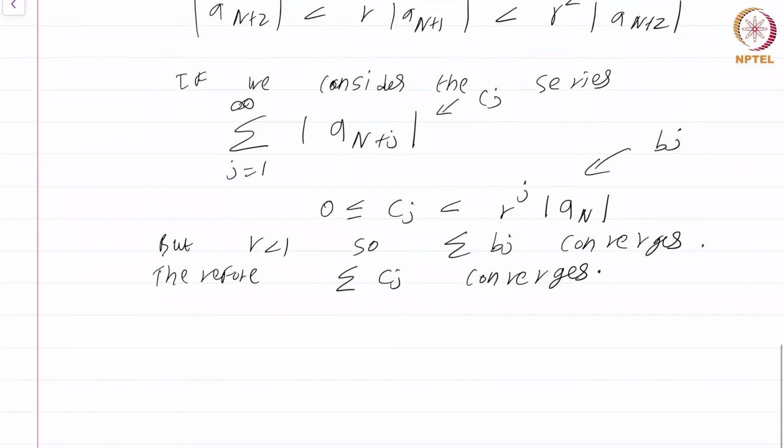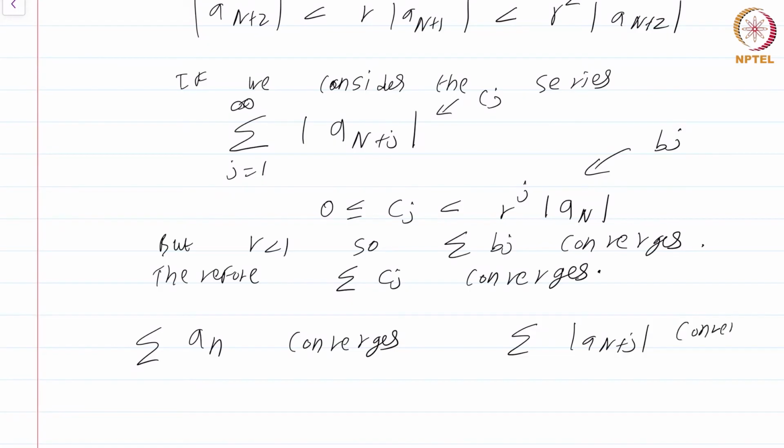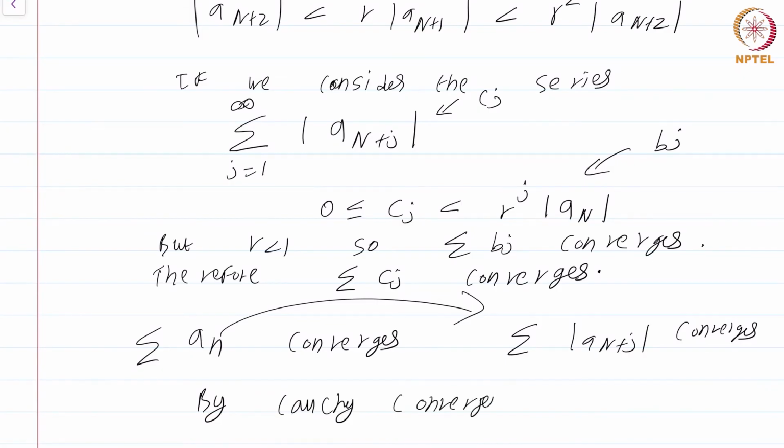How does this help us? Well, observe that our original goal was to show that summation an converges. Now what we have is summation mod an plus j converges. This is what we have. But these both are intimately related to each other in the following way. By Cauchy convergence criterion, for n, m suitably large, we have